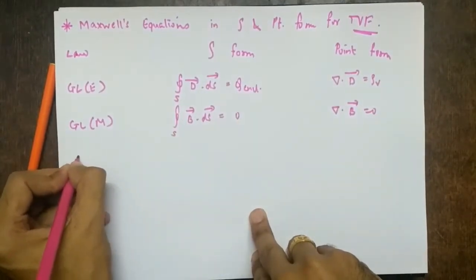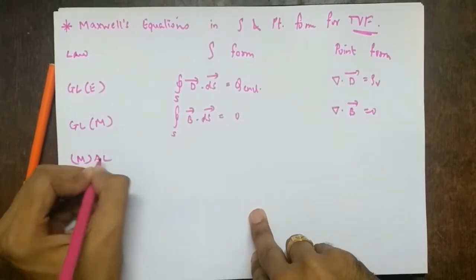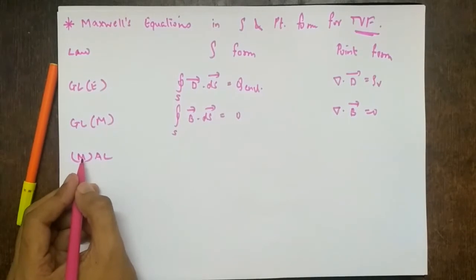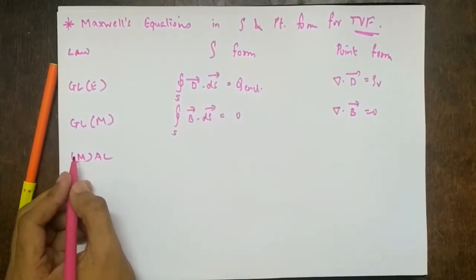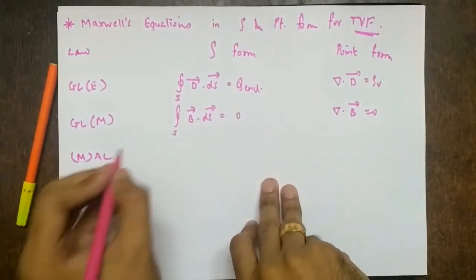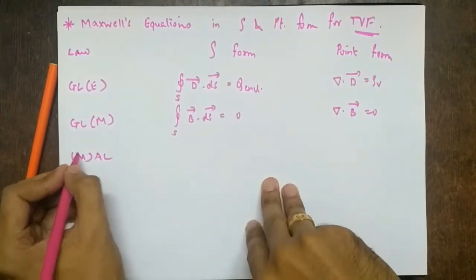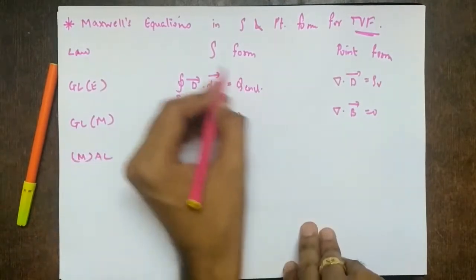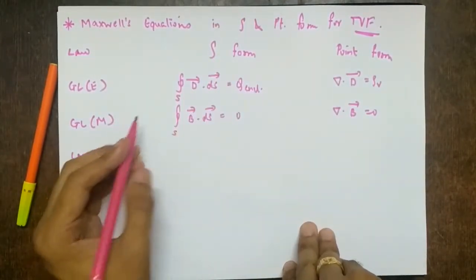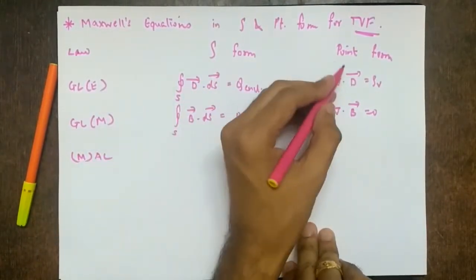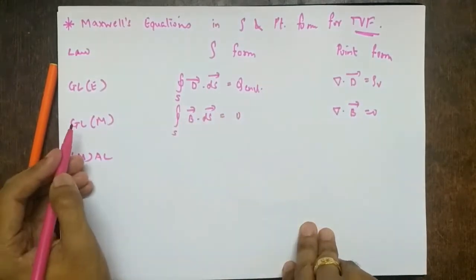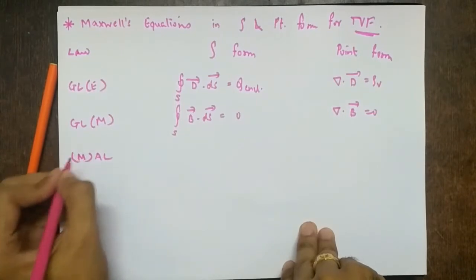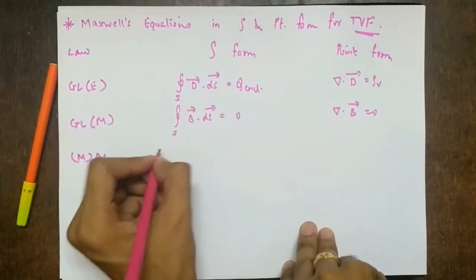Then we had modified Ampere's law. Again, there was a story behind it. It was done by Maxwell. What was the story? It was related to consistency in Ampere's law, which is nothing but the continuity equation. That was a very important discovery. And he had reduced the actual 16 equations into this form. So that's why they are called Maxwell's equations. He had done a tremendous job. That's why it is also called modified Ampere's law.